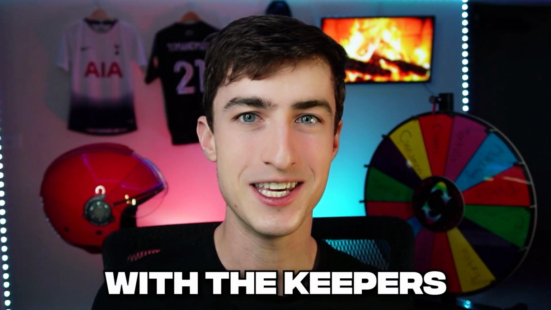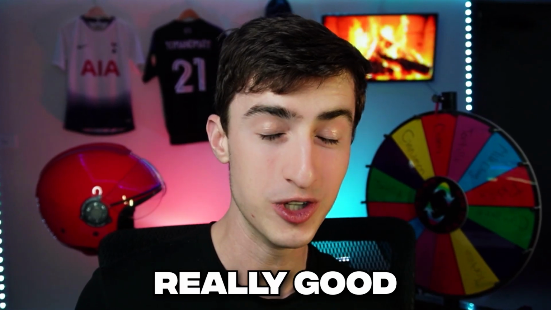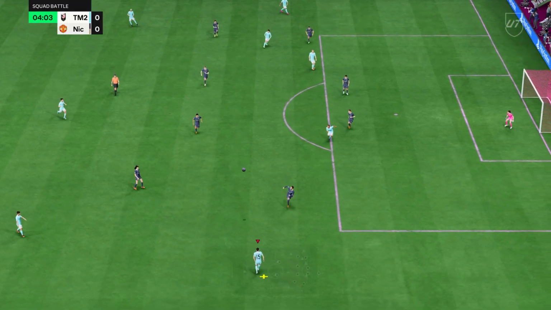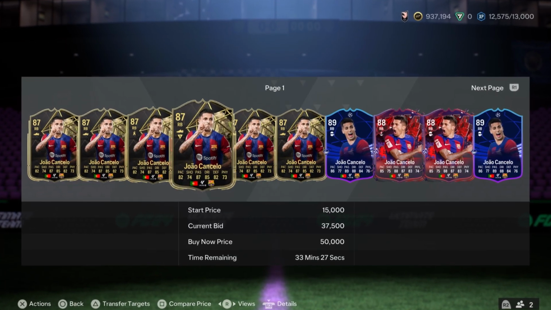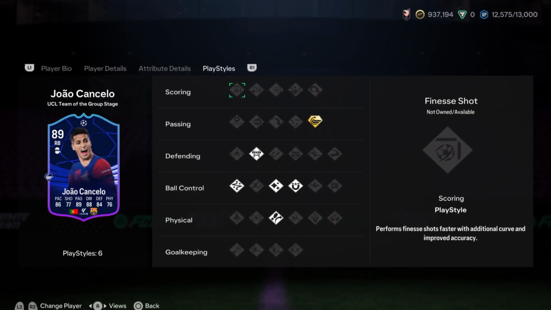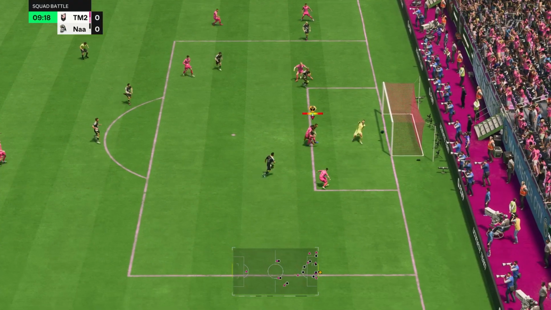But now that we're done with the keepers, we can move over to the first defender, the left back. And what makes a really good left back in the Elite Division is someone with insane pace and really good passing. So our first player is somebody who's only 30,000 coins, Joao Cancelo. And this card has 89 passing and the whip ball playstyle plus. So if he's on the wing, he can easily whip a ball in to find Didier Drogba on the far